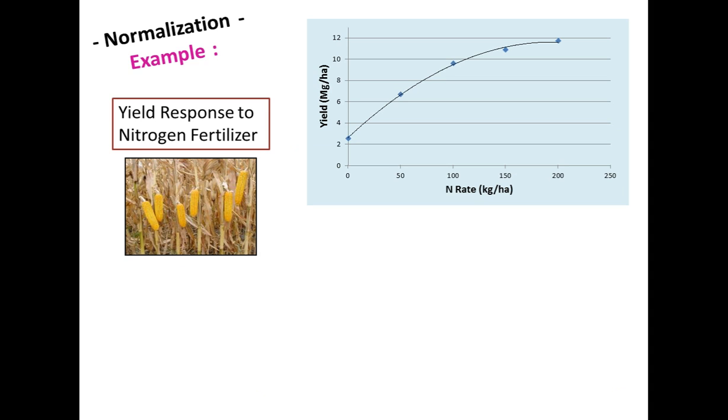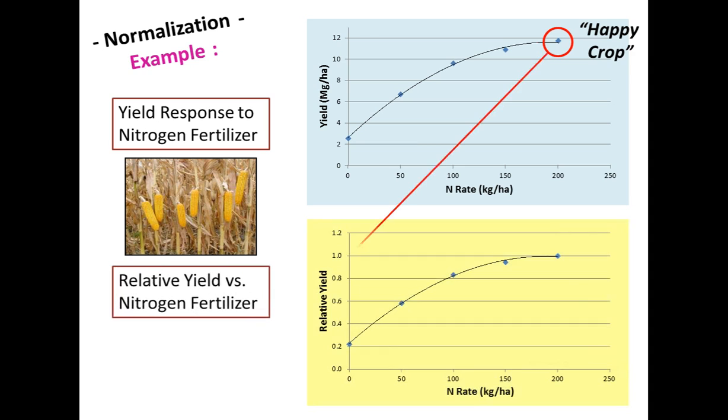I'll give you an example here of what normalization really amounts to. I show you a typical nitrogen yield response function. At the highest nitrogen rate, I'm going to call that a happy crop. It's, I'll say, reached a plateau yield. Might be nice to have one higher yield level or fertilizer level to document that, but nonetheless, we're going to call that the happy crop.